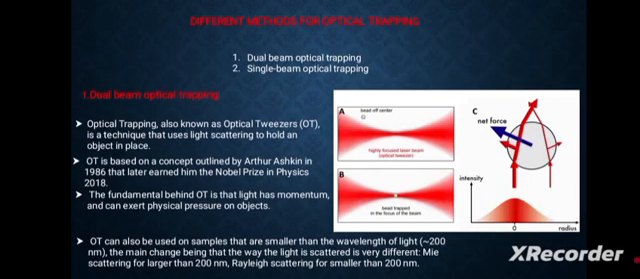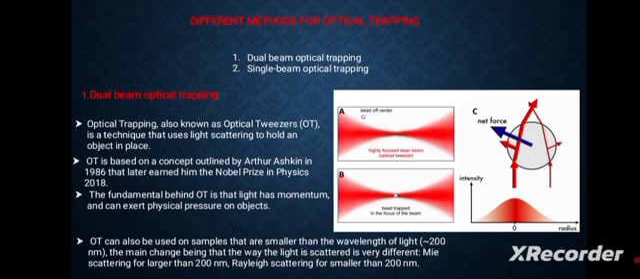What are the different methods for optical trapping? Dual beam optical trapping, single beam optical trapping. Dual beam optical trapping. Optical trapping, also known as optical tweezers, is a technique that uses light scattering to hold an object in place. Optical trapping is based on a concept outlined by Arthur Ashkin in 1986 that later earned him the Nobel Prize in Physics